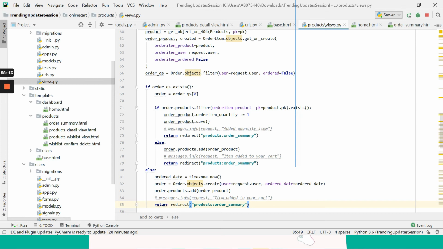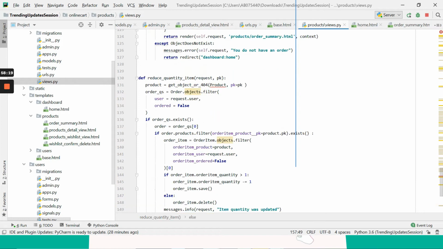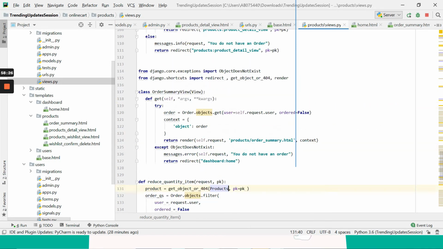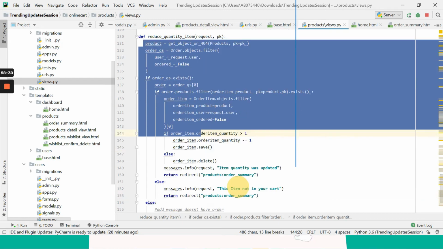Under the views, at the last I'll have reduce quantity. This is the products item and not the product, so I'll mark it like this.